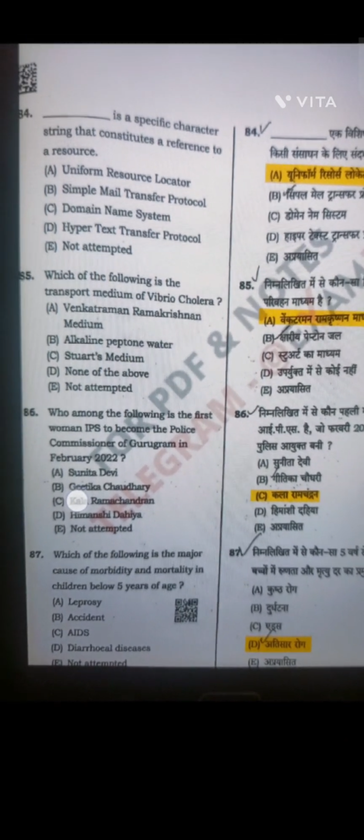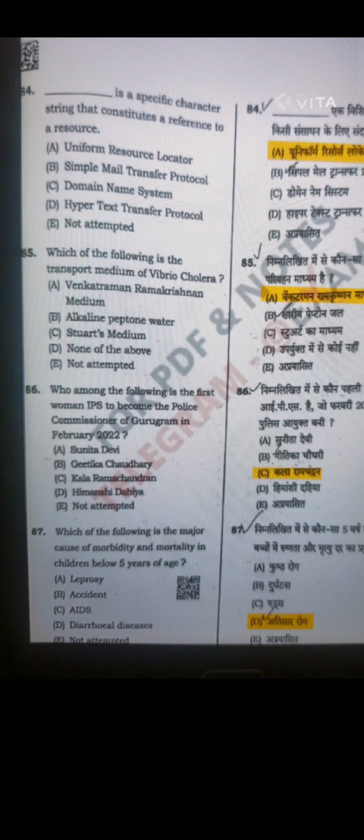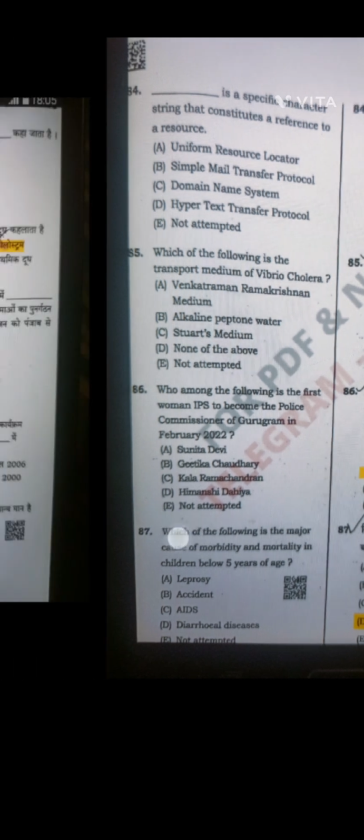Uniform Resource Locator is a specific character string that constitutes a reference to a resource. Reference to the resource, we can consider it a Uniform Resource Locator. So now the next question is